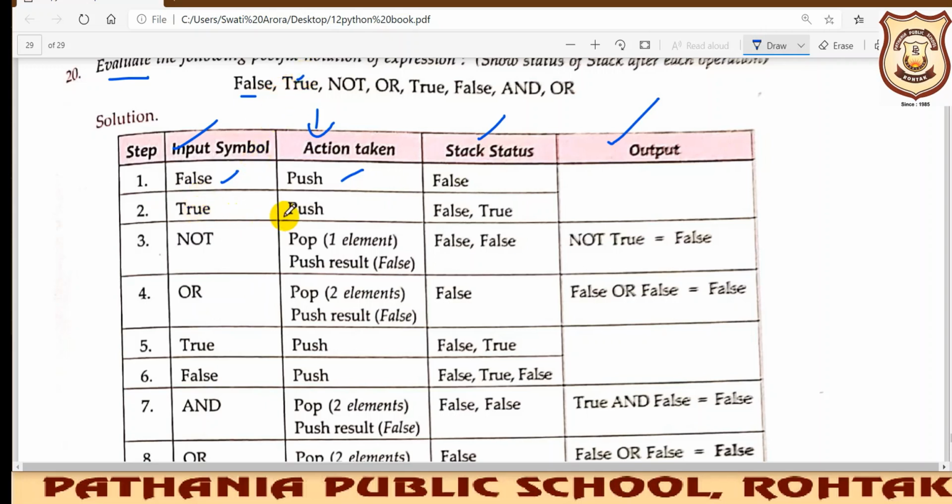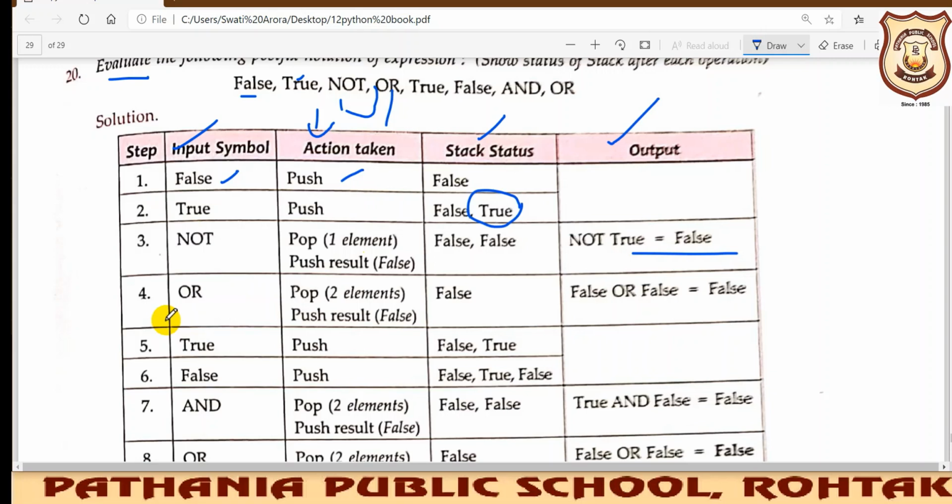So the next element you will take is true, and we'll push it. So false and true. Not is an operator, and not is a unary operator, not a binary operator, so it will not pop out two elements. It will pop out the last element, so we will pop out true only, and we will make it false. Not true is equal to false. Okay, next is the or operator.